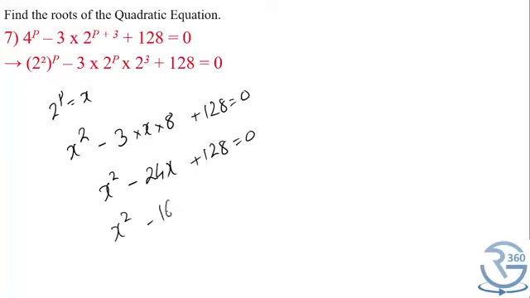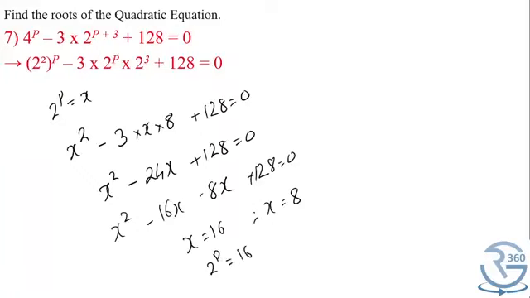So splitting the middle term, x square minus 16x minus 8x plus 128 is equal to 0. So from here x will be 16 or x will be 8. That's 2 raised to p is 16 or 2 raised to p is 8. So p has to be either 4 or p has to be